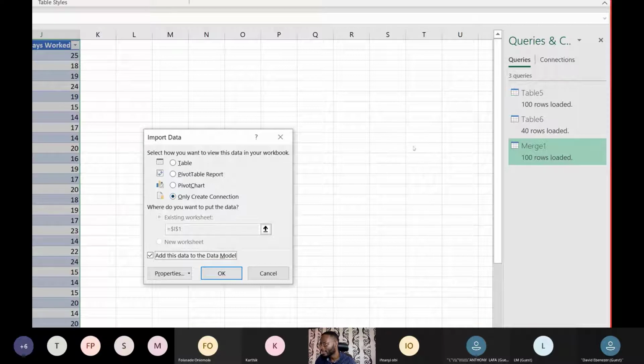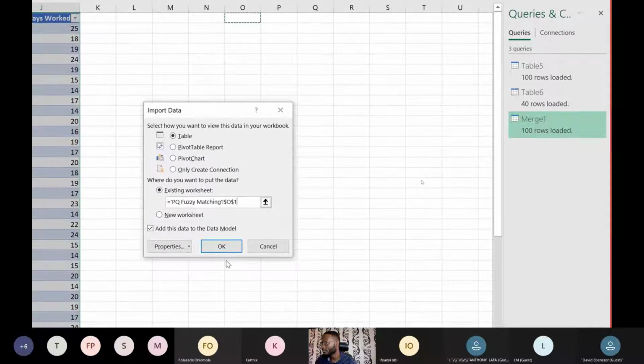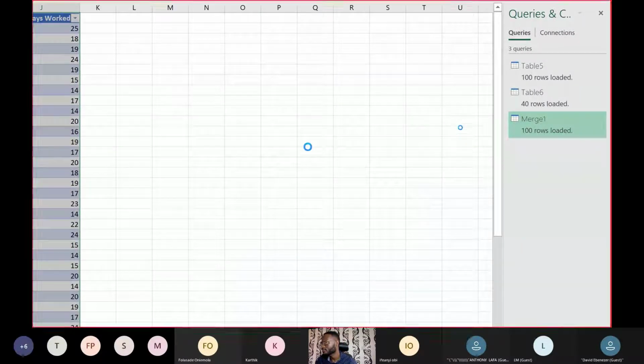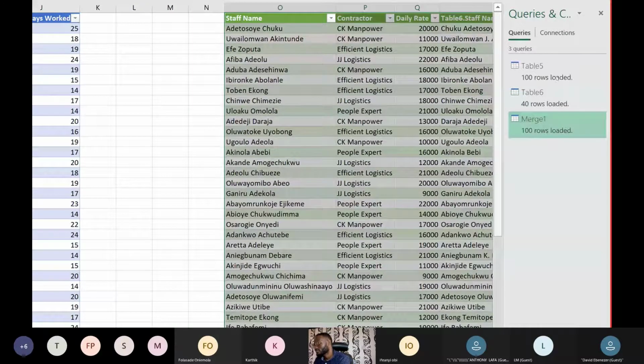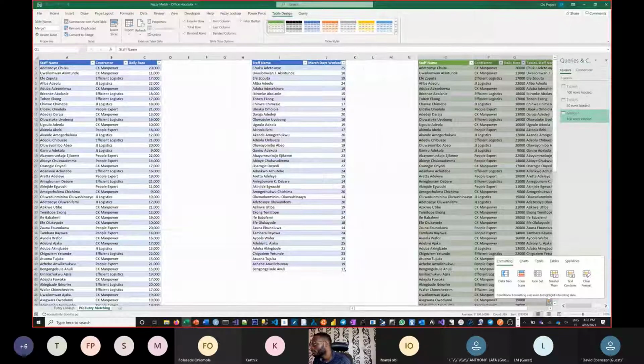Now I'm going to tell it that I want it to come as a table, and I want it to take it to a specific place in my existing sheet. I want it to put it here for me, right? So that's what I'm going to do, and we can see the outcome now. If I click OK, voila. So I am going to close this part,